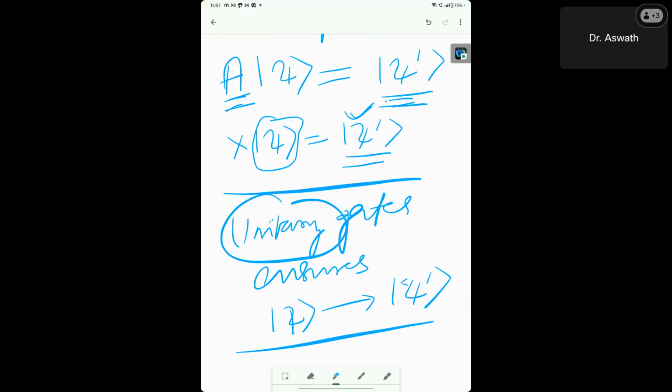Okay, fine. So I think gates need to be unitary because they have probability as one, and the quantum state is reversible. Yeah, that's correct. That is an exact answer. Okay, sir. Yeah, that's why I did not put my credentials.